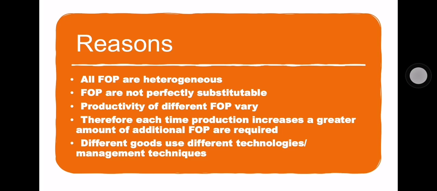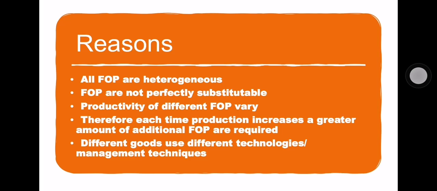Okay, therefore each time production increases, a greater amount of additional factors of production are required. That's obvious, right? So think it's broccoli and computers. So a guy who was growing broccoli, do you think if we send him to make computers, it will require more? Now if we are talking about an engineer, one engineer could have made one computer, but then we'll need about 15 guys who were making broccoli in order to make one computer. You get the point, right? So for production to increase, more of factors of production should be sacrificed from the other good.